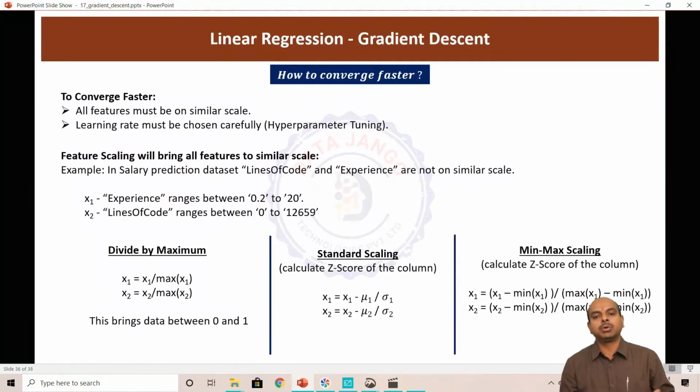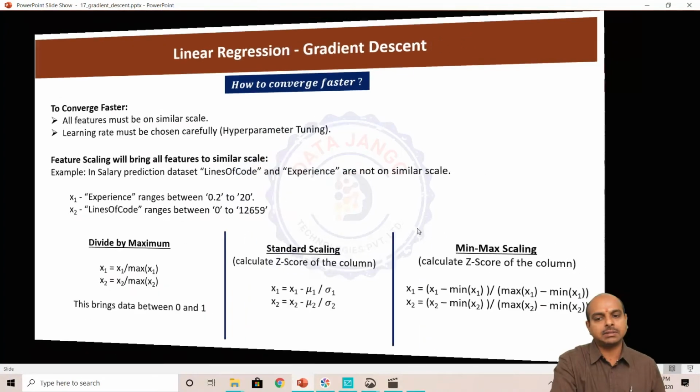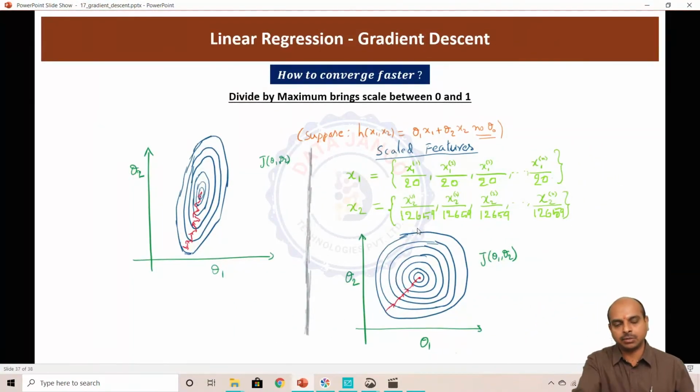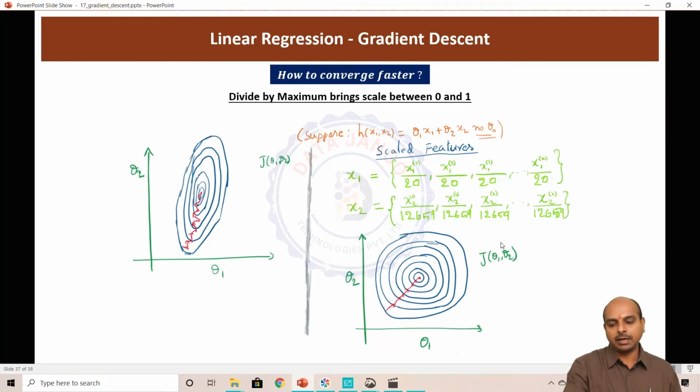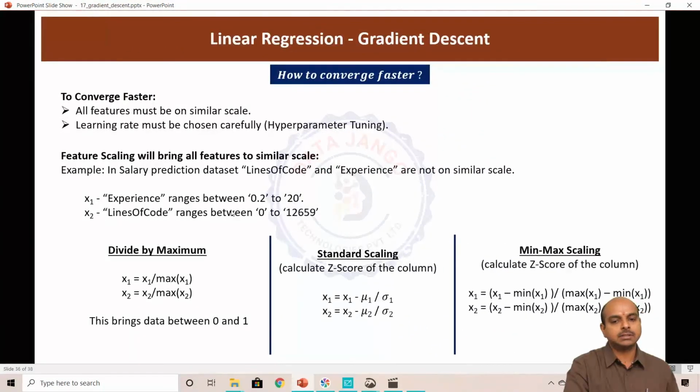And the third and most important point is, to converge faster, the gradient descent algorithm expects data in a similar scale. All columns should be in similar scale. Let us try to understand what similar scale is with an example, and then come back and look at the theory. If you take two columns, column 1, the experience, ranging from 0.2 to 20, and the lines of code ranging from 0 to